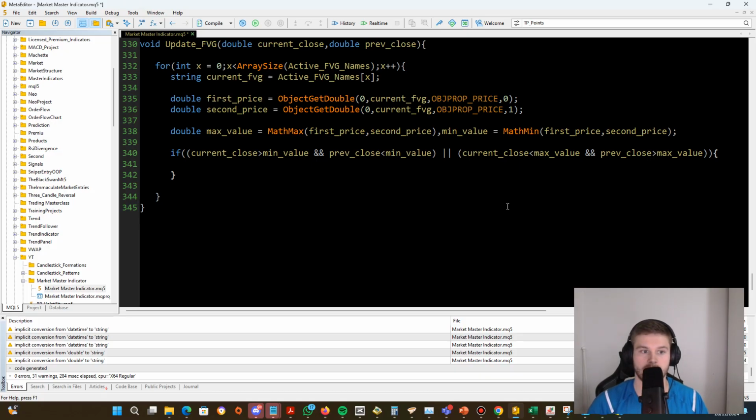Yeah. So if this is true, then I will remove that element from the active fair value gap names. So array remove, array is active fair value gap names, start is at position X and count is 1. And if this is not true, then I will update the fair value gap rectangle so it extends. Okay, so object